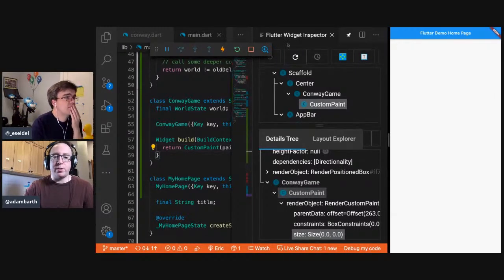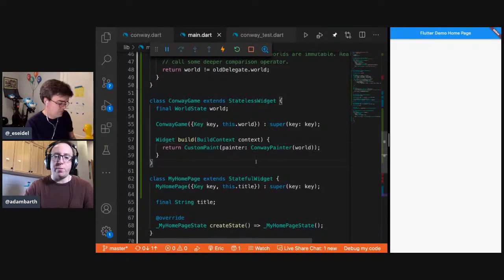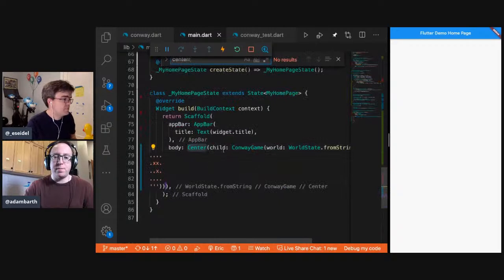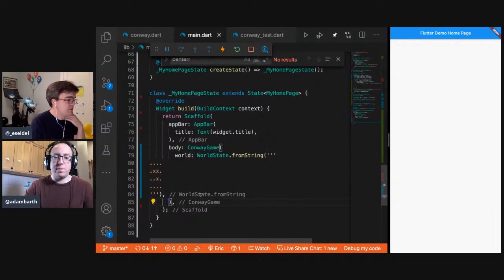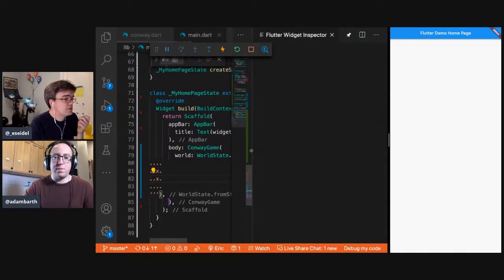I think we should try to just take away the center, because we don't really want to center it. We just want it to fill up all the space. Let's try it. Let's see. There's an extra. Also want to add back a comma here. Okay. And I don't feel like that was the right way for us to debug this, but it worked. So I guess we'll try it again.